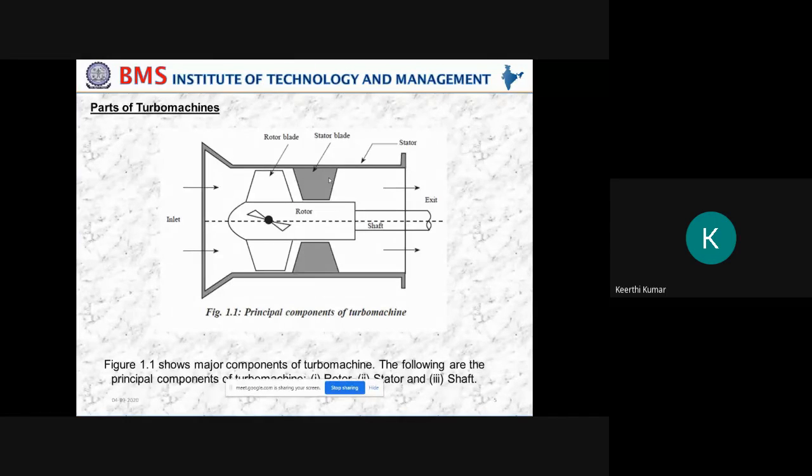What is the reason? Because based on the application, I can remove the fixed blade, I can remove the stator or a casing. See how fans are working. There is no casing for the fan, there is no fixed blade for the fan, even though we are going to call it as a turbo machine. So we can tell that the rotor and the shaft are a mandatory part along with the rotor blades. These three are the mandatory part for turbo machine, and not mandatory part are stator blade or a fixed blade, stator or casing. Clear? That I will explain in detail in the next slide.